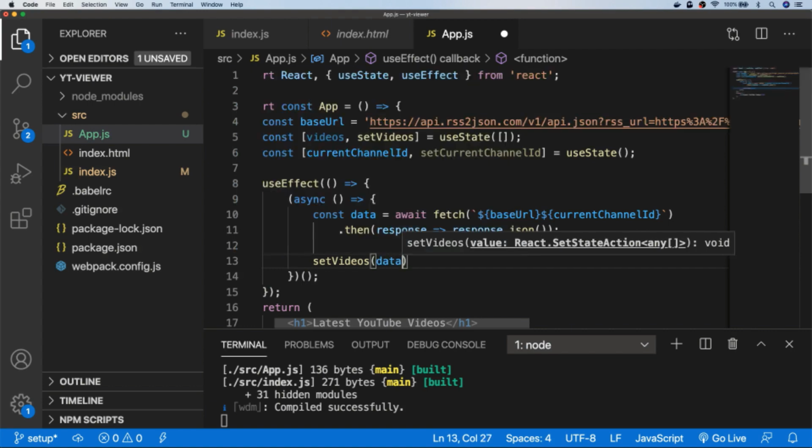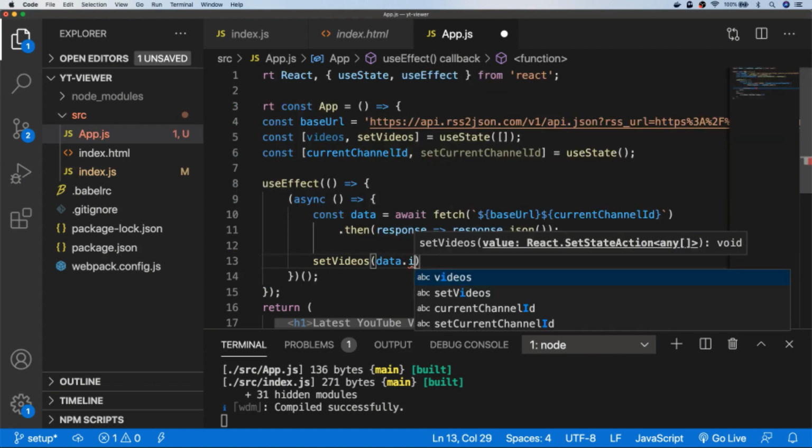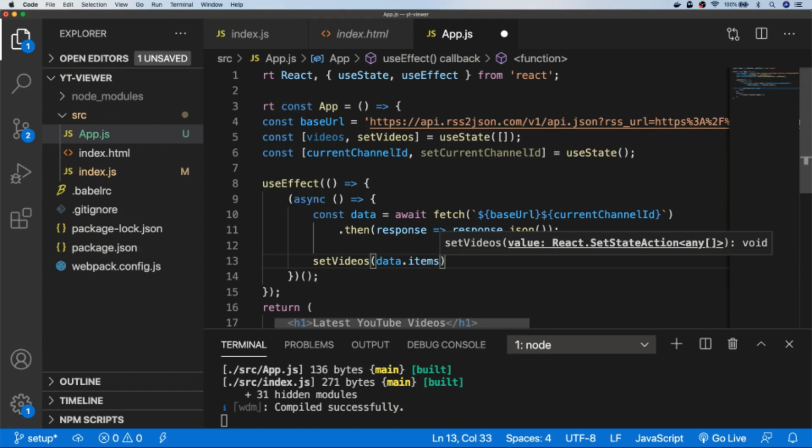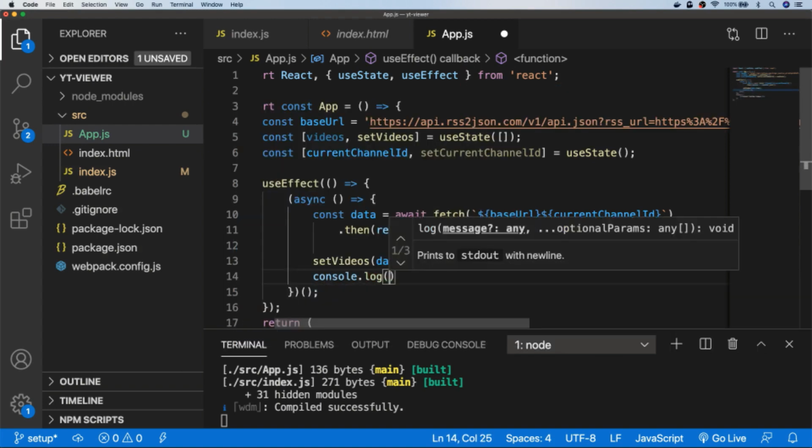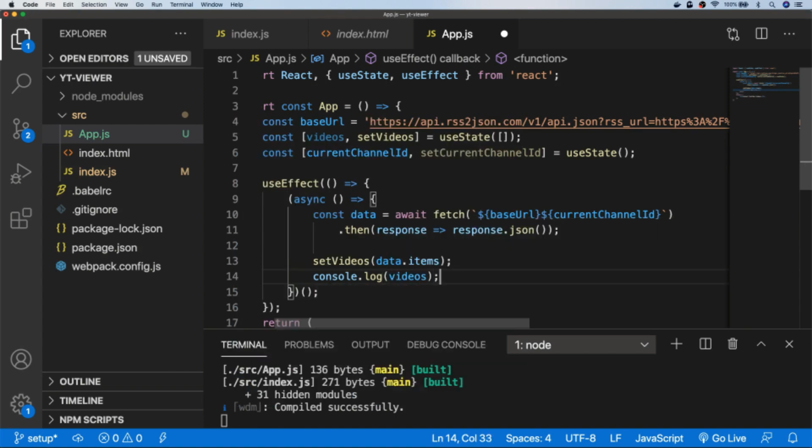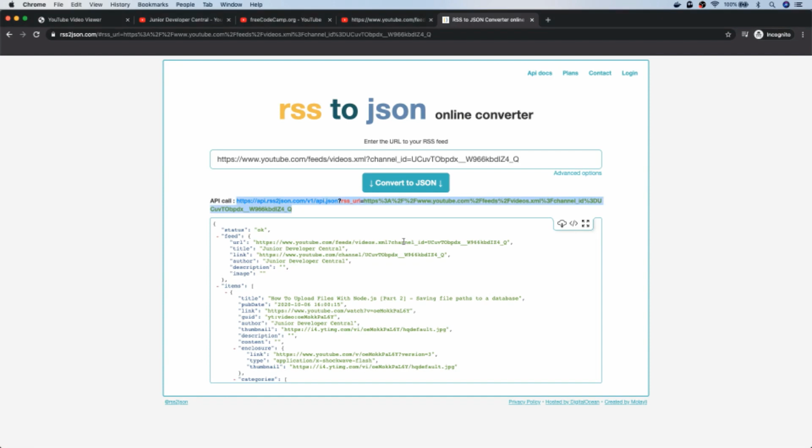And inside the data that's returned will be a property called items. And this is all the videos that have been returned in the feed. So this will make sure that the video state is updated with the response that comes back from the RSS to JSON service. So if we just console.log out videos for the moment, if we go back over to the browser and head on over to our app,